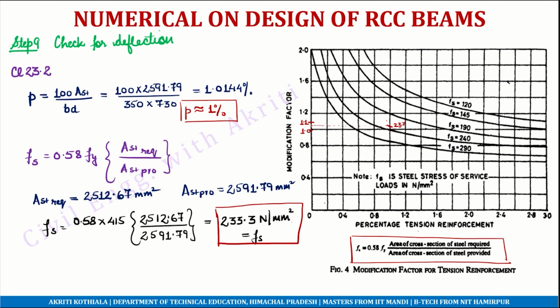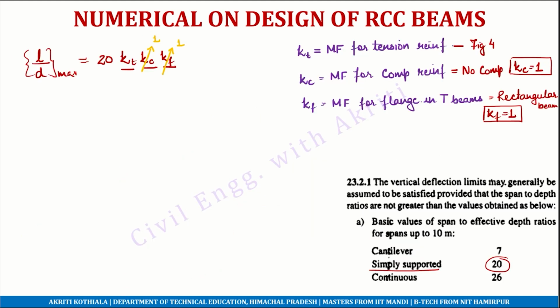So somewhere in between 1.1 and 1.0 we have this value of 2.33. This is again an assumption and it might vary from person to person. So here I am assuming the value of kt is equal to 1.05, somewhere between 1.0 and 1.1. Now I have the value of kt also, which is equal to 1.05. So I can calculate the value of L upon D max, which is equal to 20 into 1.05, which